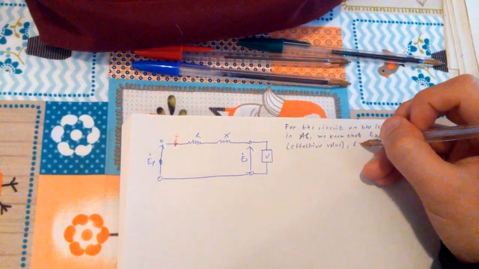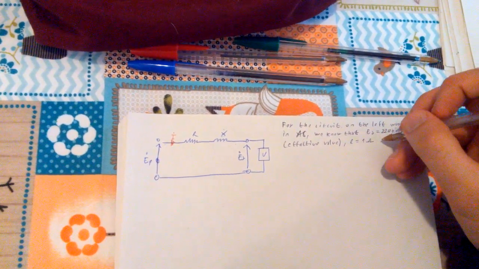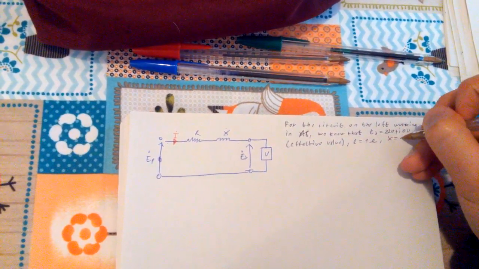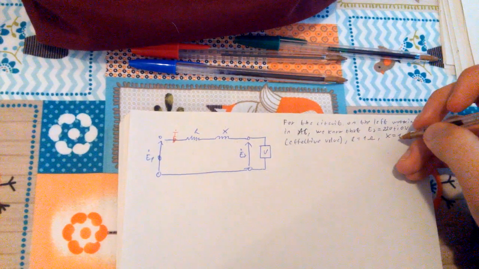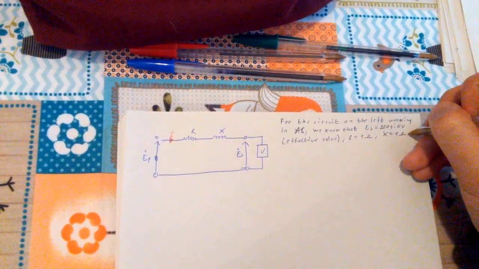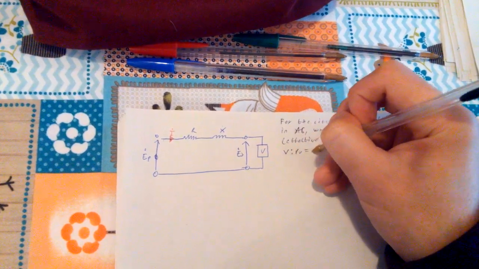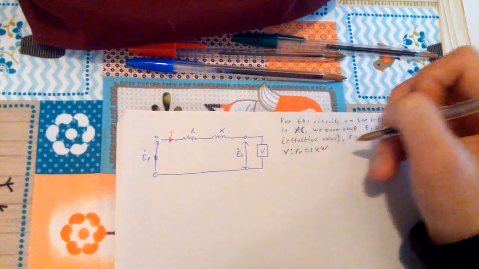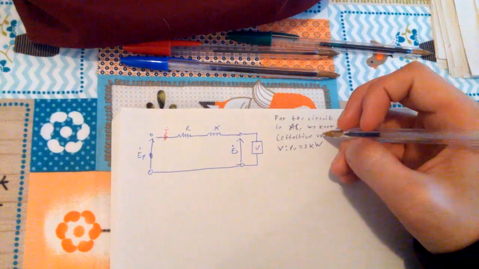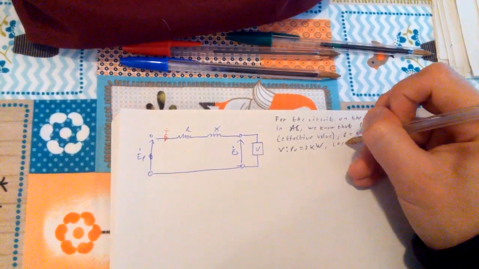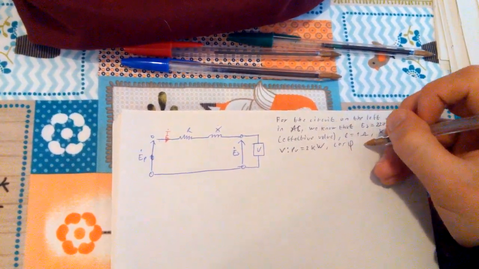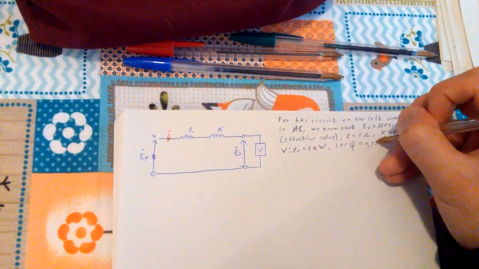R is 1 ohm, X is 1 ohm, PU is 2 kilowatts, cos phi is 0.95,